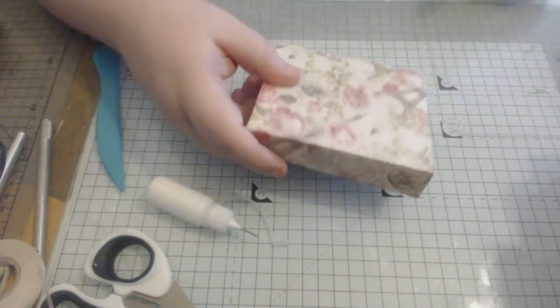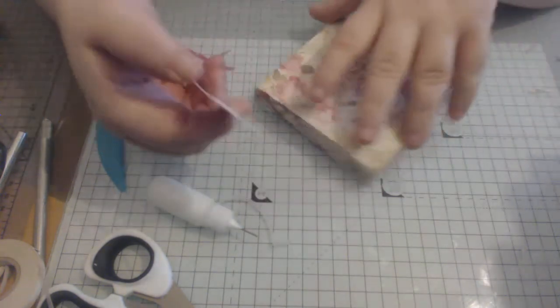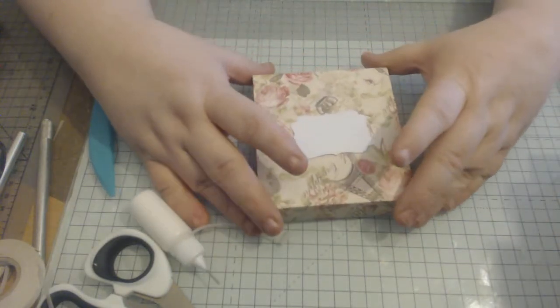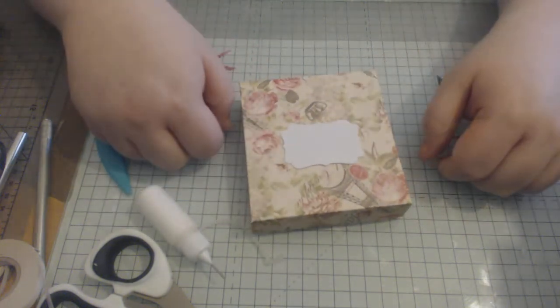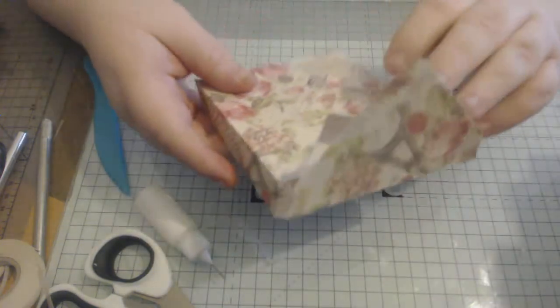And then all you need to do is get a little, let me see if I've got one lying about. Excuse the message on it, but you just need to put a wee label on the front if you're posting it, or if you're just sending it to a friend or handing it to a friend. At least that way you've got something to address on it. So that's our